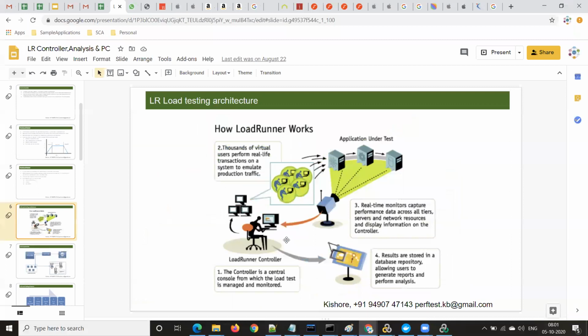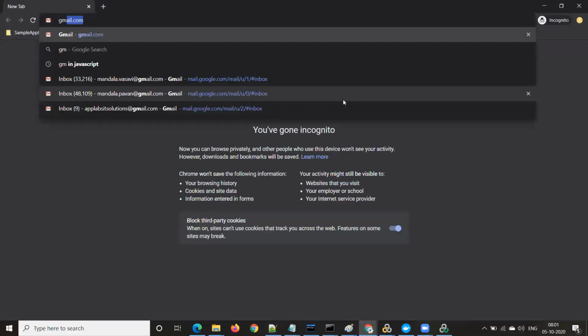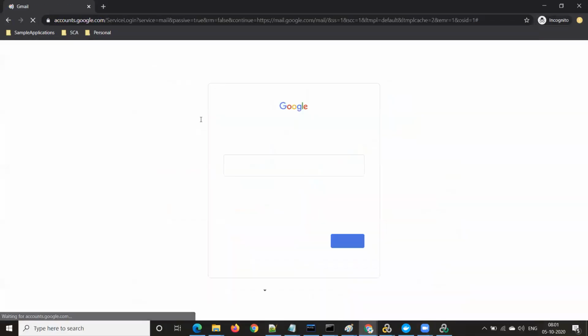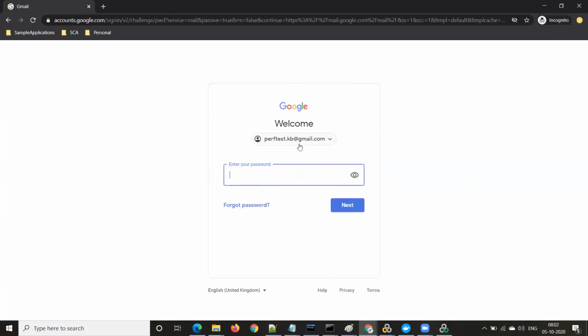Let me repeat that example. You type gmail.com, right? This is a static page, agree? Yes, sir. This page will be the same for everyone, right? When you enter your email address, it has to check whether that email ID exists. If it exists, it will prompt you for the password.